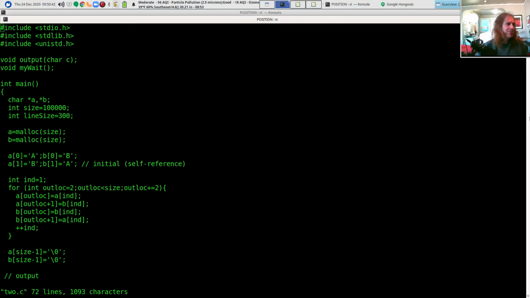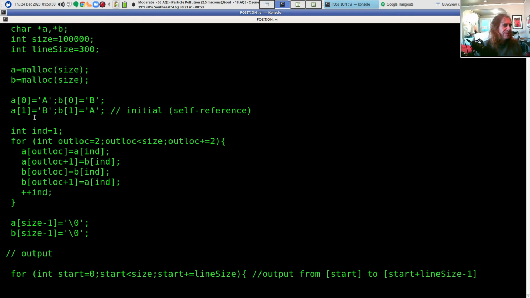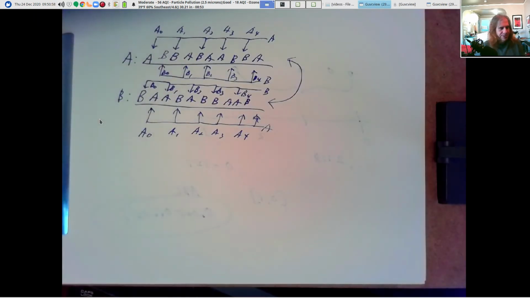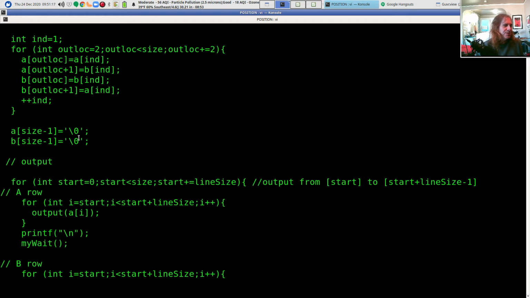Well, write some code. So here's a short C program that will generate two of these strings. We'll generate an A string and a B string. A starts with AB, B starts with BA. That's just taken from our pattern here. And as we go through, we fill in two characters at a time. We fill in the next two output characters for A and B by grabbing the incoming characters from A and B, respectively. So a pair of indices, and then when we're done, we're just going to output these things.